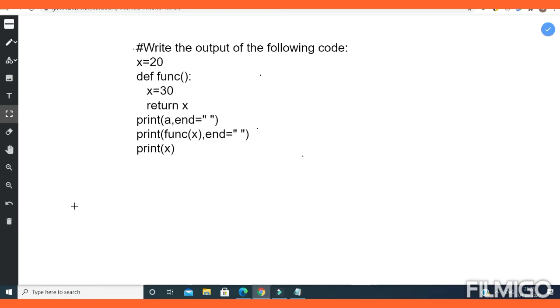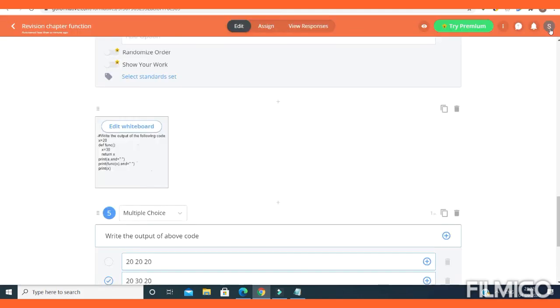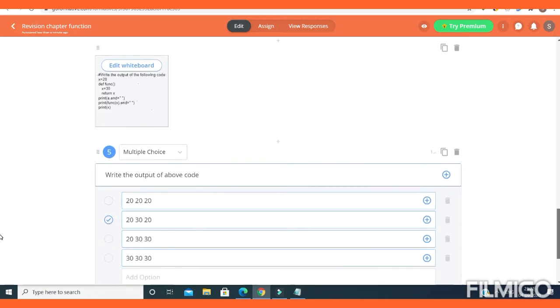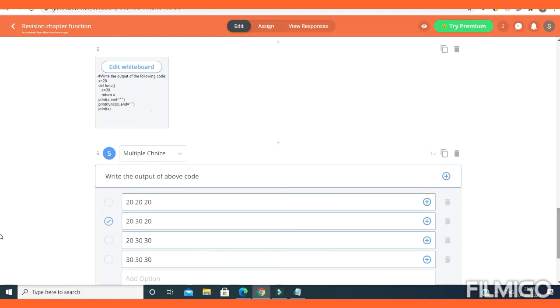Or if you want to delete all the content, then you need to click on this eraser button. It will erase all the content, you can see. We can bring it back by using the undo button. So after completing your task, just click on this right button and your work will be saved. So this is the way we can make use of the whiteboard to assign a multiple line question to the students.